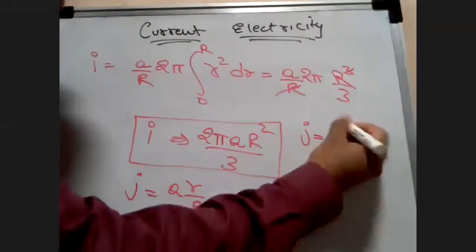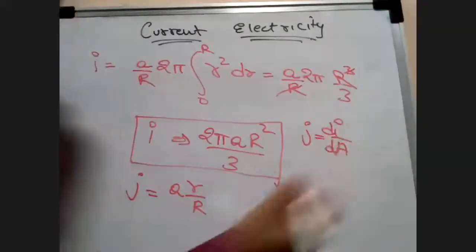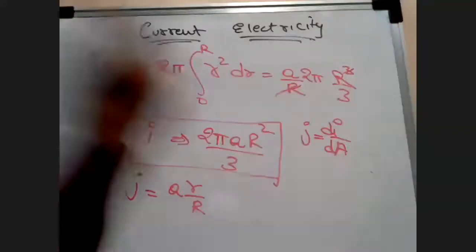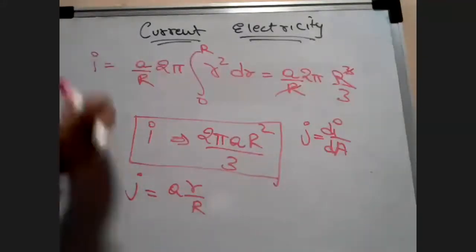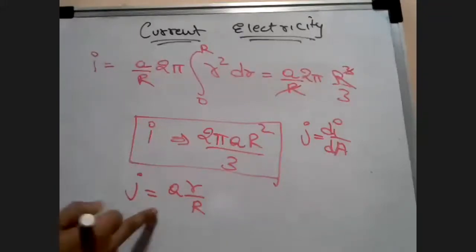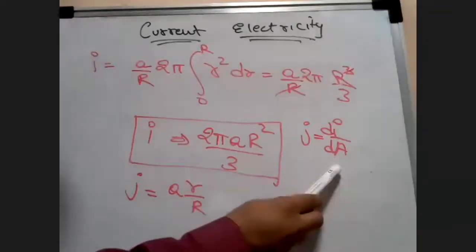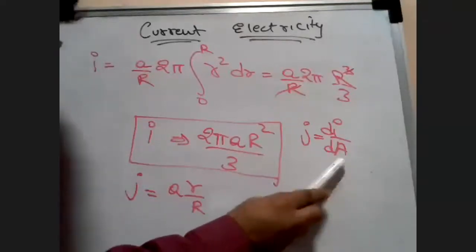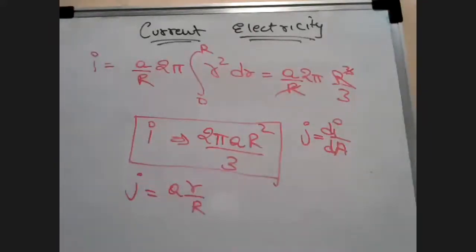J is equal to I by A. Okay, J is equal to di by dA. And what is going to be A? That should be in your mind. dA is basically the area of cross section. So ultimately, if I take any object, whether a cylinder or a cuboid, doesn't matter, if I am telling you J is varying with some random variables, the first thing that should come to your mind is it will either vary with respect to the area of cross section, or with respect to the current. Those are the only two things.